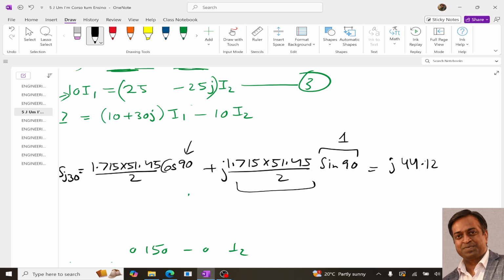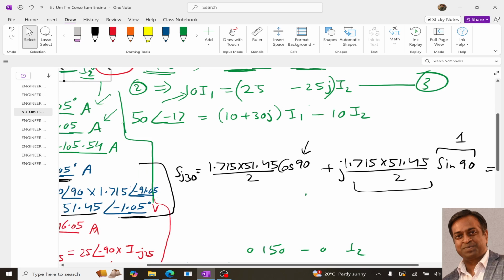So this is the power that we get, imaginary, not only. Now similarly,